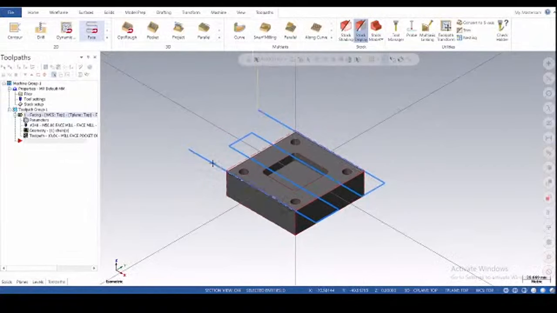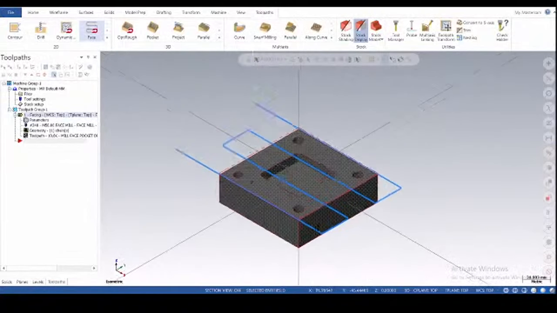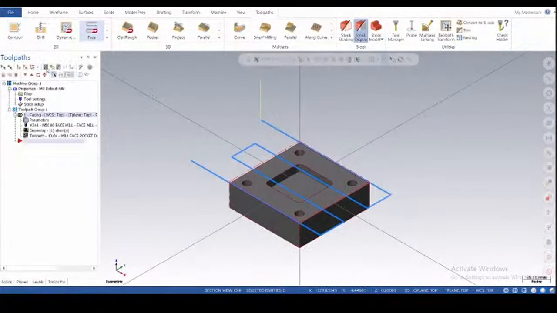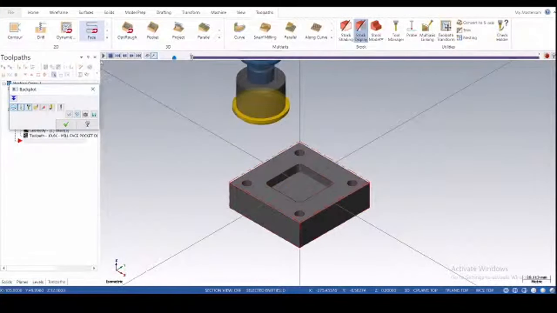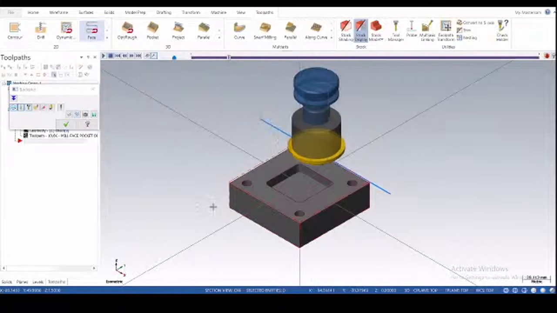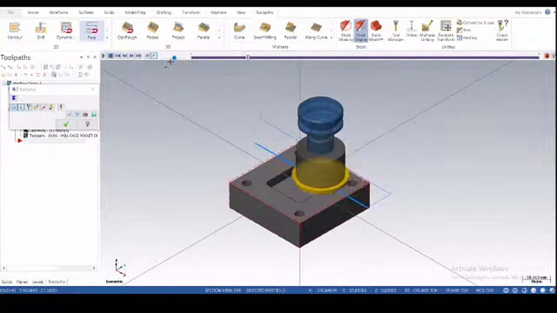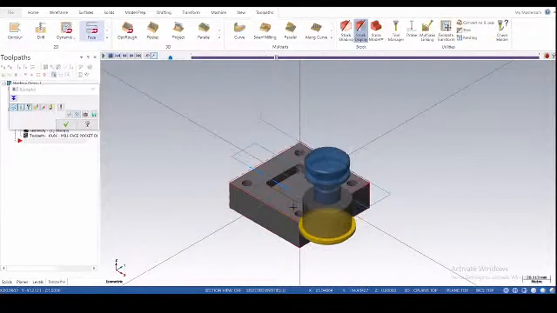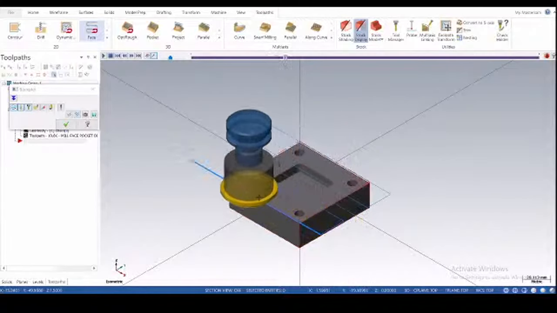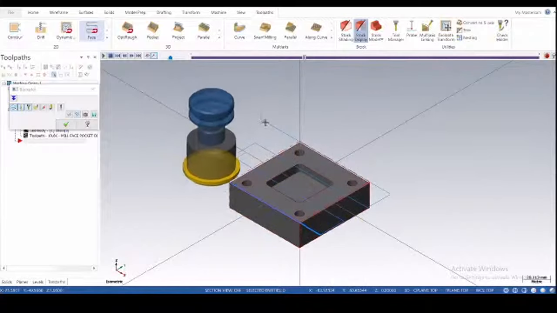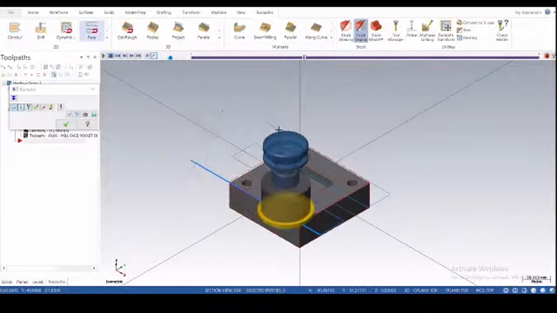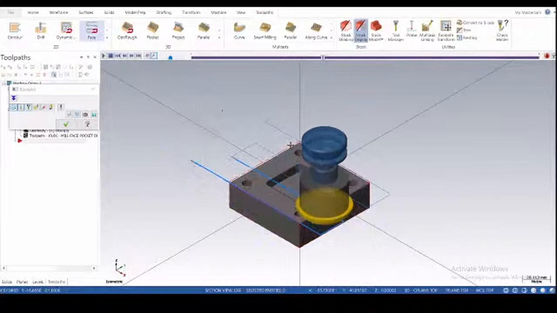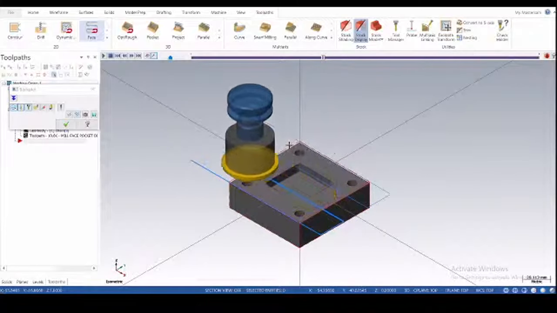Okay, so let me show you the 2D toolpath of this facing operation. Click on this back plot and you will get the 2D toolpath, how it was generated, and play. Just see how it cuts the material for the facing toolpath. This is our 50% across overlap, this is our along overlap.